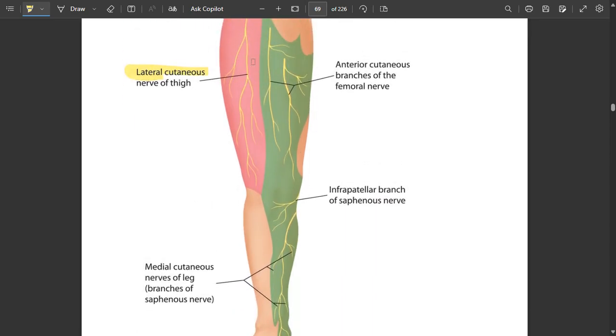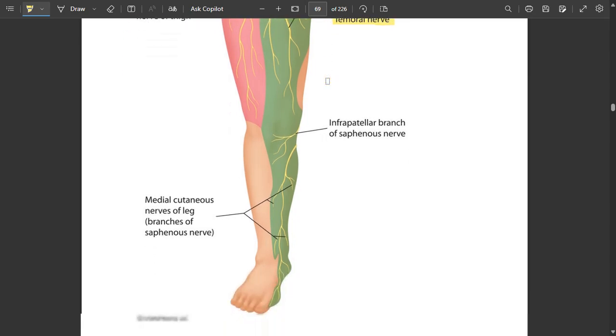So all of them are supplied by the anterior cutaneous branch of the femoral nerve. So in the thigh, the anterior cutaneous branch of the femoral nerve supplies the anterior cutaneous region of the thigh, and